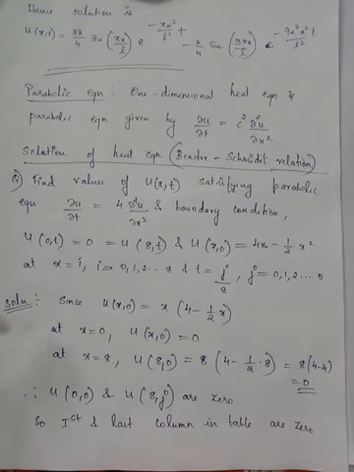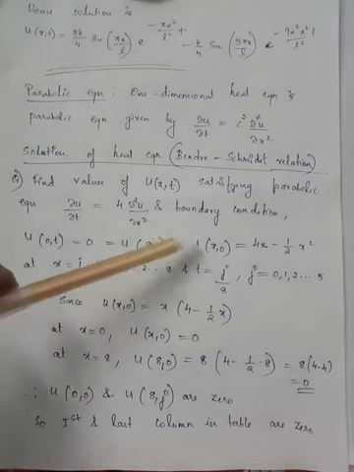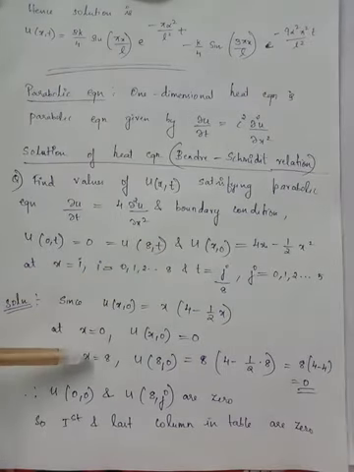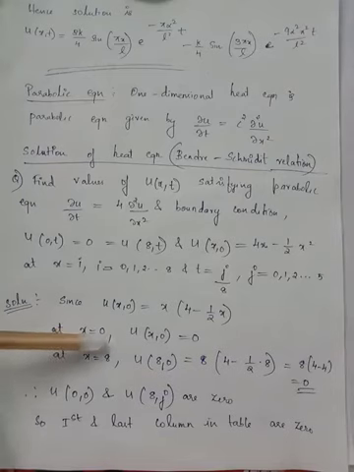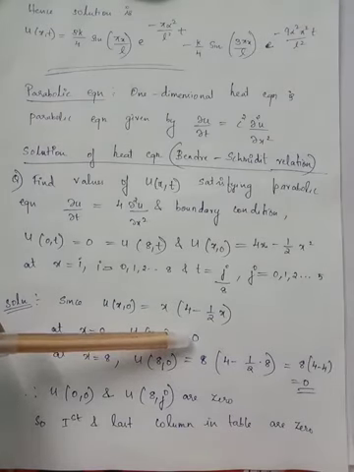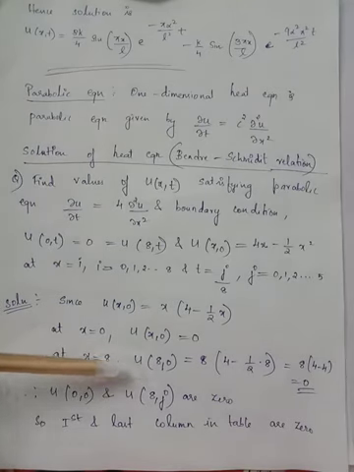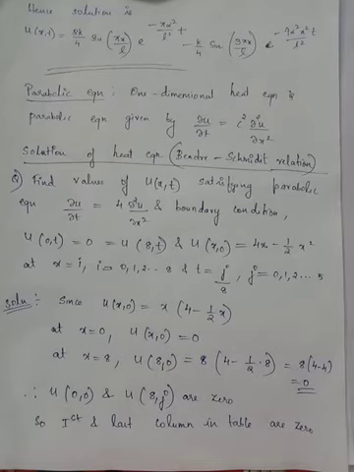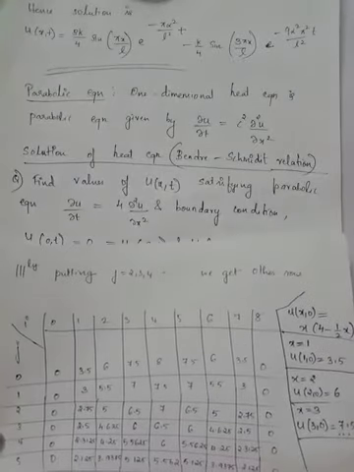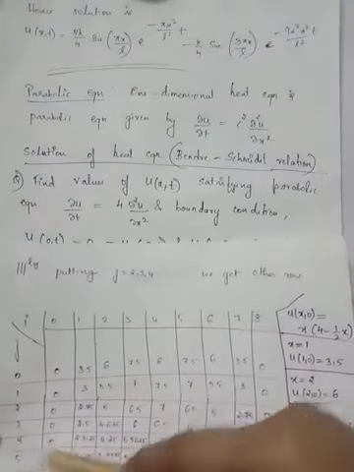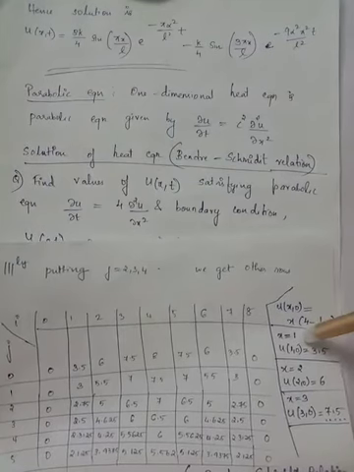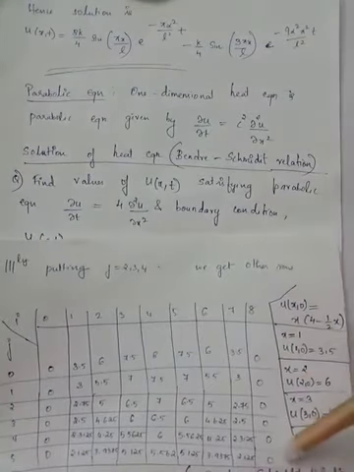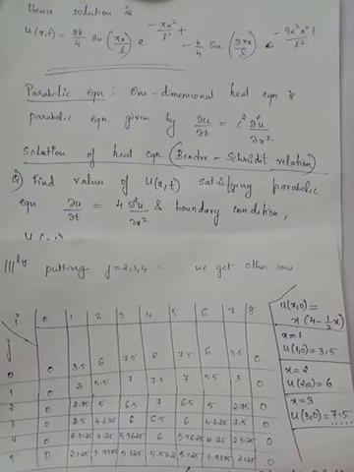When you substitute x equal to 0 and x equal to 8 in the general solution u of x,0 given in our question, we can see that at x equal to 0, u of x,0 takes the value 0. At x equal to 8 also, u of x,0 takes the value 0. So when you try to record the values in a table, i is represented, j is also represented, and i equal to 0 and i equal to 8 represent the first and last column of this table.